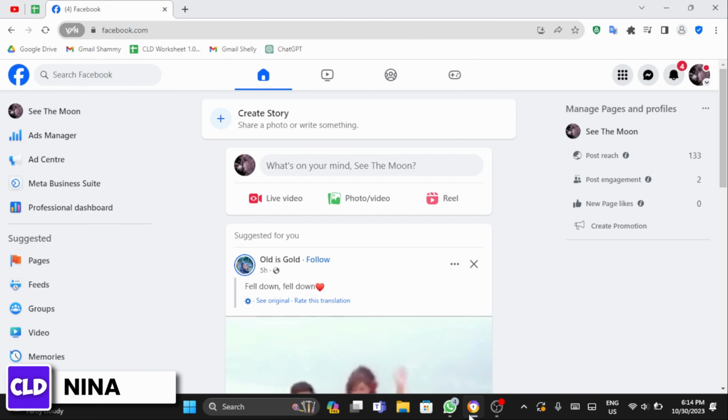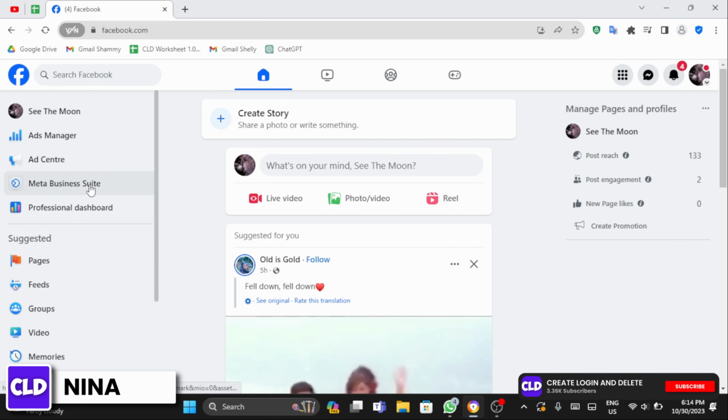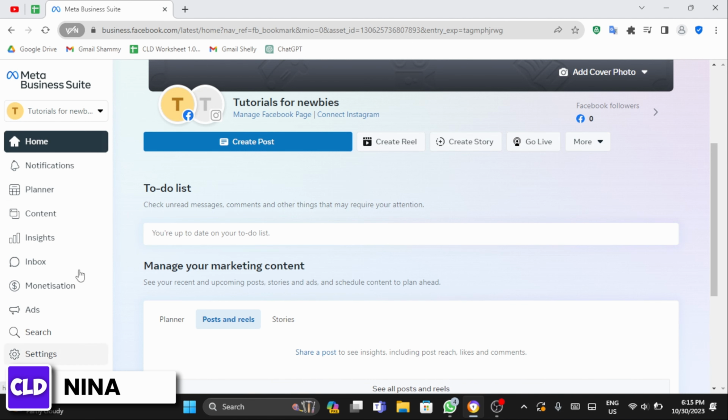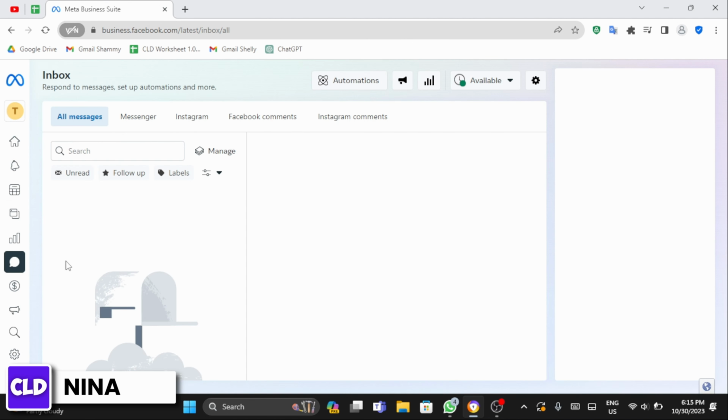Open up any of your web browser and get logged into your Facebook page. Now go on to this Meta Business Suite on your left side. Again, you want to click onto Inbox in your fifth menu. Once you're at this page, click onto Automation on the top bar